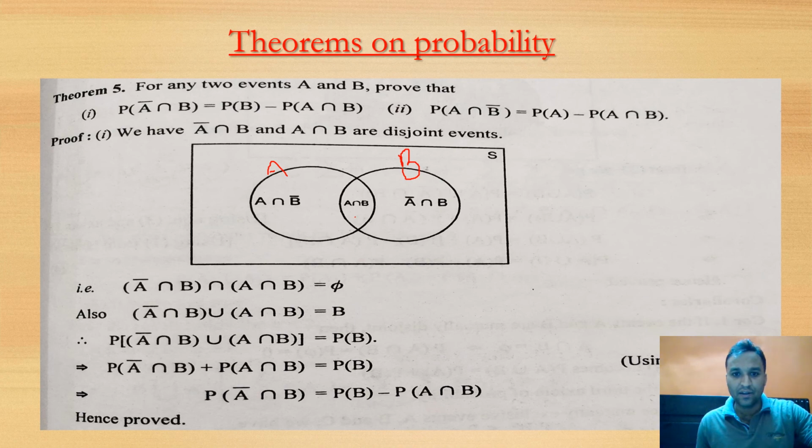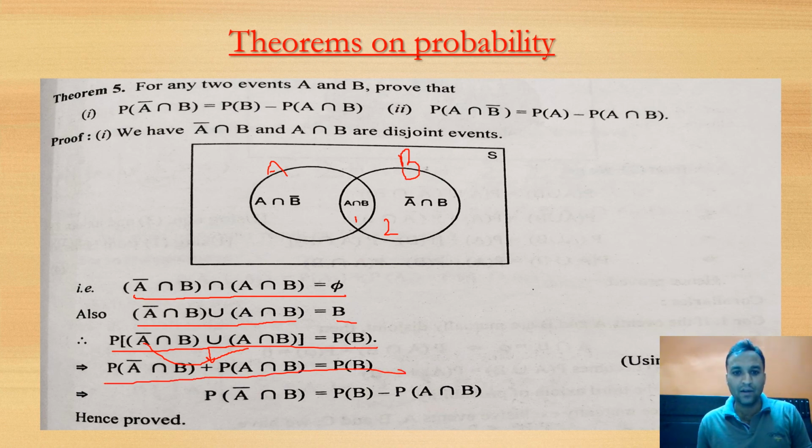Now look at this and this, parts 1 and 2. These two parts are disjoint sets and they have nothing in common, so their intersection is the empty set. If we take the union of parts 1 and 2, it is equal to B. Applying probability on both sides, we get this statement. Since these two parts are disjoint, whenever two events are disjoint, the union sign converts into a plus sign. So from reshuffling this part to here, we get the probability of A bar intersection B